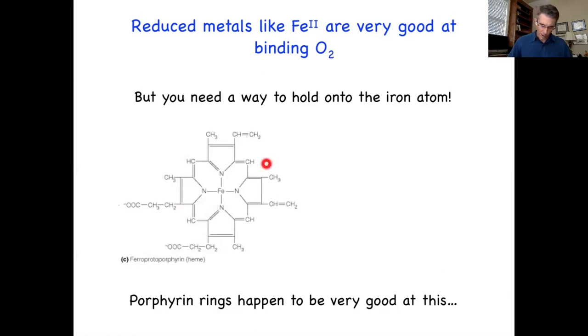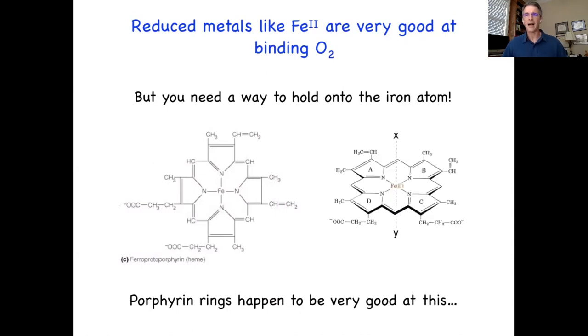So this is a great way to hold on to the metal. The other thing that's really cool about it is, for example, iron doesn't want to just be tetrahedrally coordinate. It wants to be octahedrally coordinate,